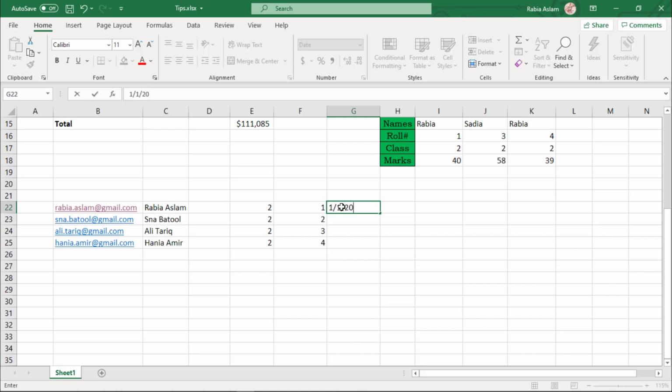You can also do the same thing with dates, like here I am typing this date and go to the plus sign and move to the last cell. Look, similarly you can do this with months. Drag it again to the last cell. It's very simple.